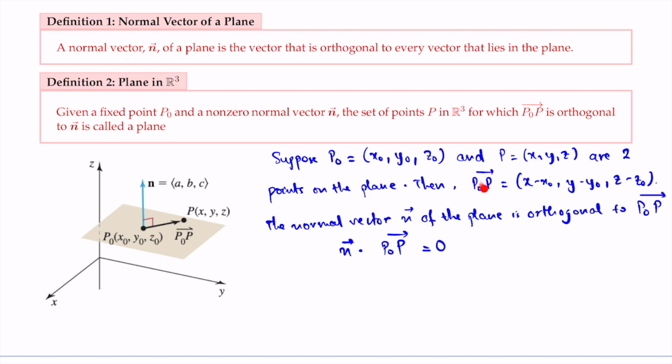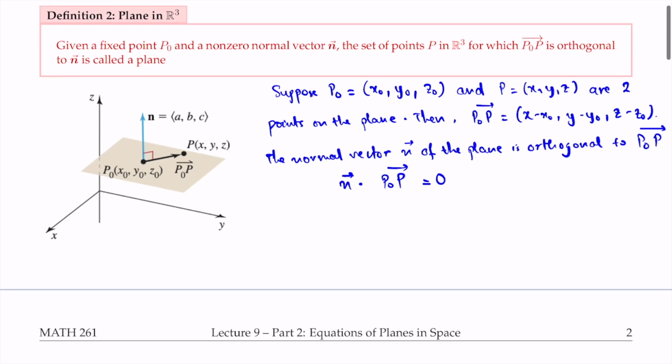In the context of a vector, this component can represent the component of a vector. All right, so n is equal to a, b, and c, and P0P is equal to this component. And we're going to perform the dot product between these two vectors. That is a, b, c dot with x minus x0, comma y minus y0, comma z minus z0, and is